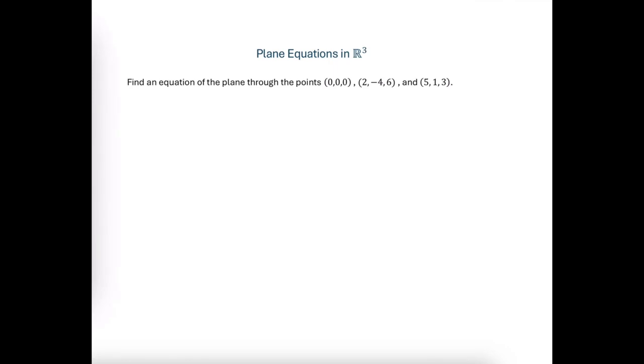We're asked to find the equation of a plane through three ordered triples. Now, let's recall that in order to get the plane equation, we're going to need two pieces of information. We need any point that's in the plane, and we have plenty. We have three ordered triples. And then secondarily, we need a vector that is perpendicular to the plane, or we'll also call that a normal